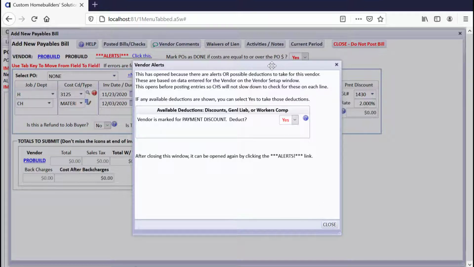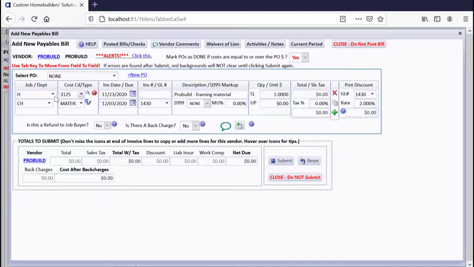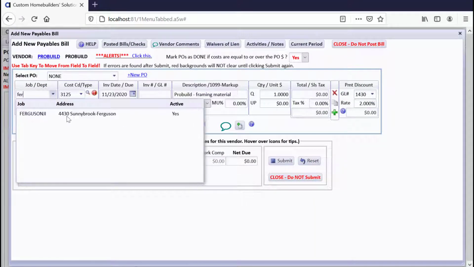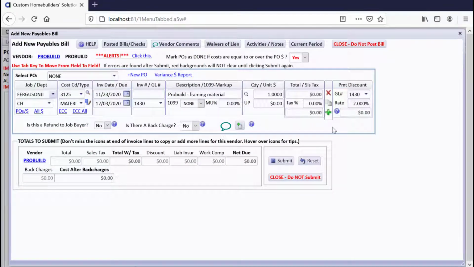Because I selected yes here, another box actually opened up in the line for entering bills over here, that's payment discount. When you're entering the bill, let's just go ahead and get ourselves a job selected here. When you're entering this, and if you haven't done a discount before, these will be empty. It'll have a 0 here, and it's going to insist that you put a GL account to post the discount to. Since we said we wanted to post it to job costs,